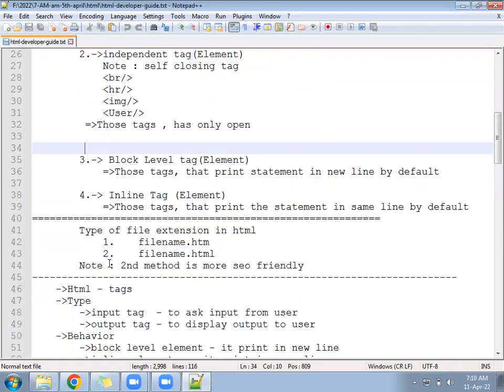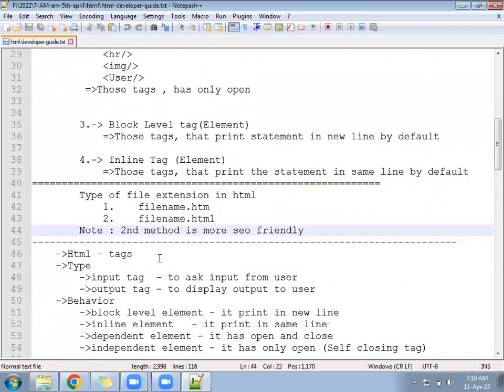Then again, when we want to create an HTML file, how do we create it? We have to give some file name and we have to give the extension .html or .htm, both are okay. Next, after that,